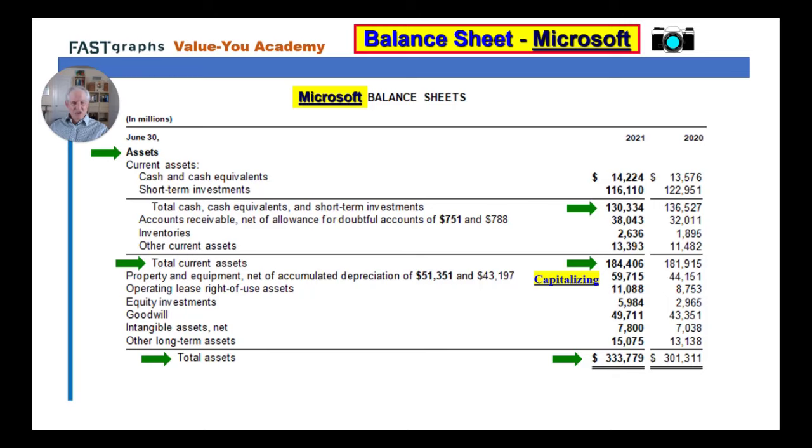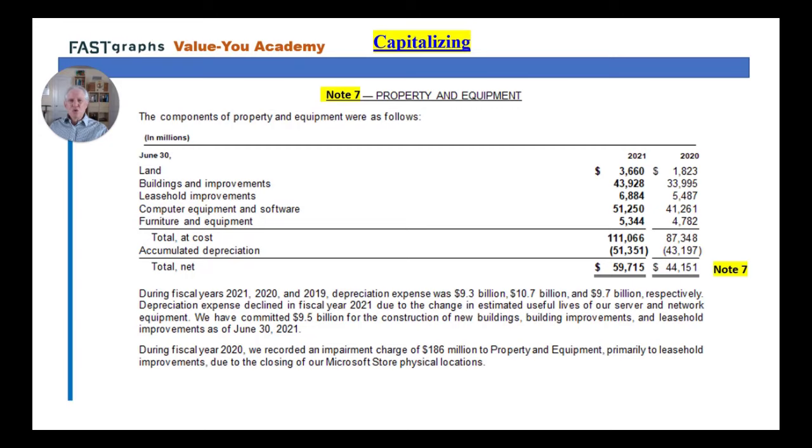Now, capitalizing, those are things they put on the books at historic cost, and they have been bringing them down with depreciation and accumulating that depreciation. So to know about these numbers, you get into the footnotes. In Microsoft, it's footnote number 7. So let's look at that quickly. Note number 7. All right, you can see from note number 7 the historic cost of the hard fixed assets of property and equipment. They have actually spent